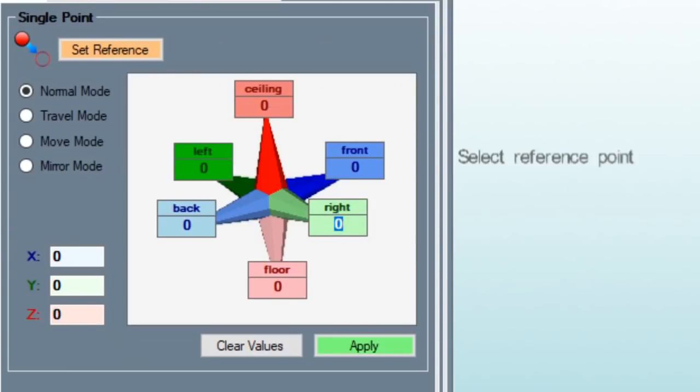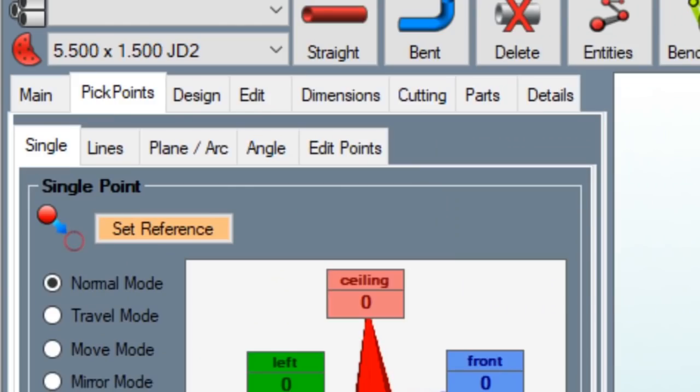So I'm going to go 4 inches to the right, and I'm going to go 4 inches to the front. I'm going to hit apply. I'm going to go 4 to the left, apply, 4 to the back, apply, 4 to the right, apply. Now if you paid attention to that, as I hit the button, it just moves that 4 from one side to the other, and that gives me that square that I need. All right, so now I'm going to go back to main.